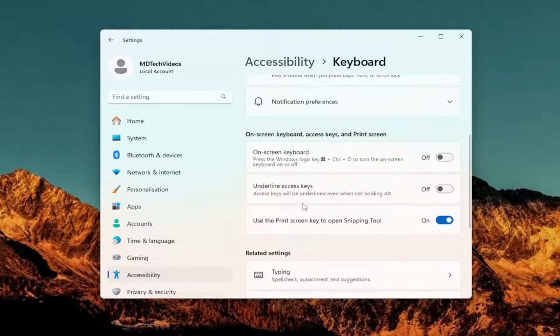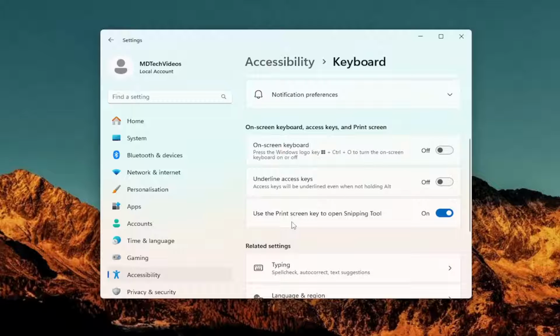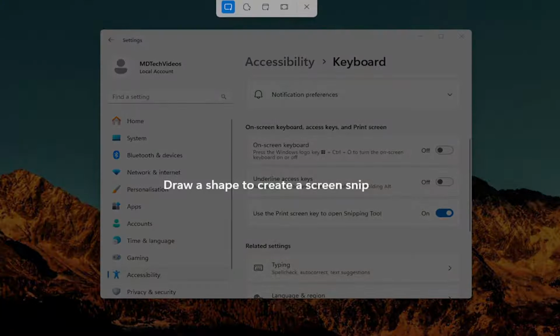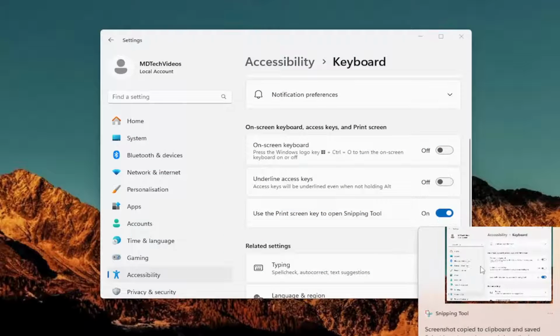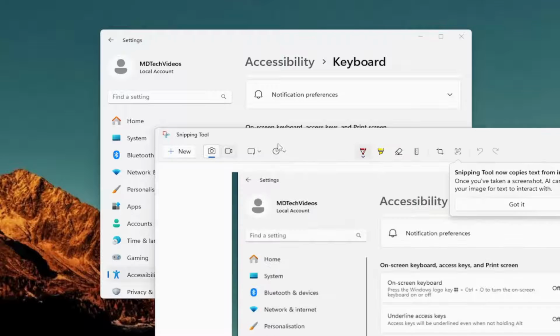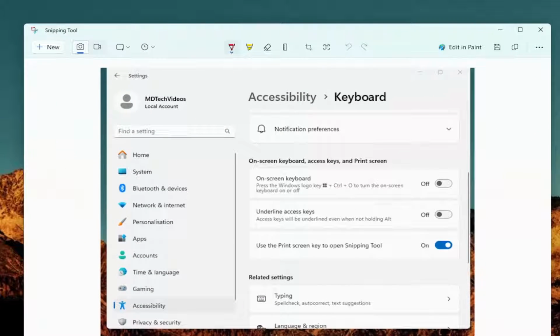Scroll down. Where it says use the print screen button to open snipping tool, go ahead and toggle that to the on position if you want to turn that on. And again, if you use the print screen button, it should activate that. So pretty straightforward process on that, guys. And once you open it up, it should launch the snipping utility. Like I said, pretty straightforward